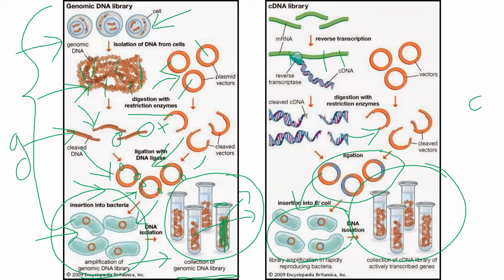They are allowed to grow in the bacterial cells. Bacteria multiply, divide, and along with their division, they also multiply the copies of your original vector molecule. And then they are isolated and cultured or stored in ampules. This kind of collection of cDNA genes is called a cDNA library. Compared to a genomic library, a cDNA library contains more specific genes.